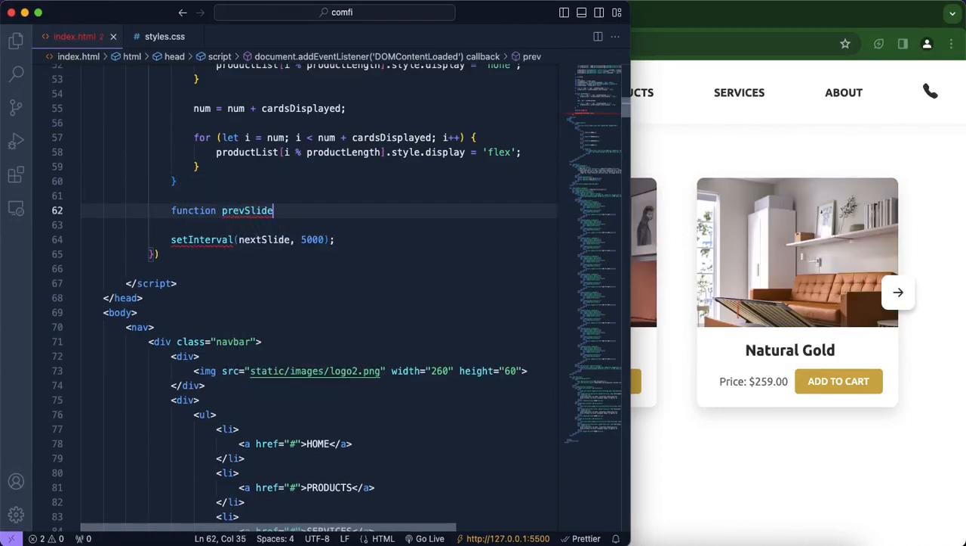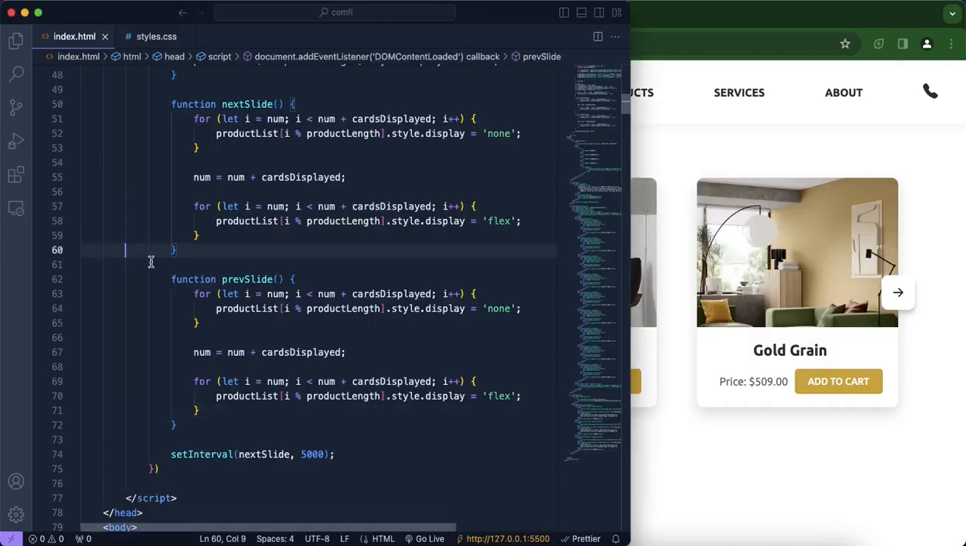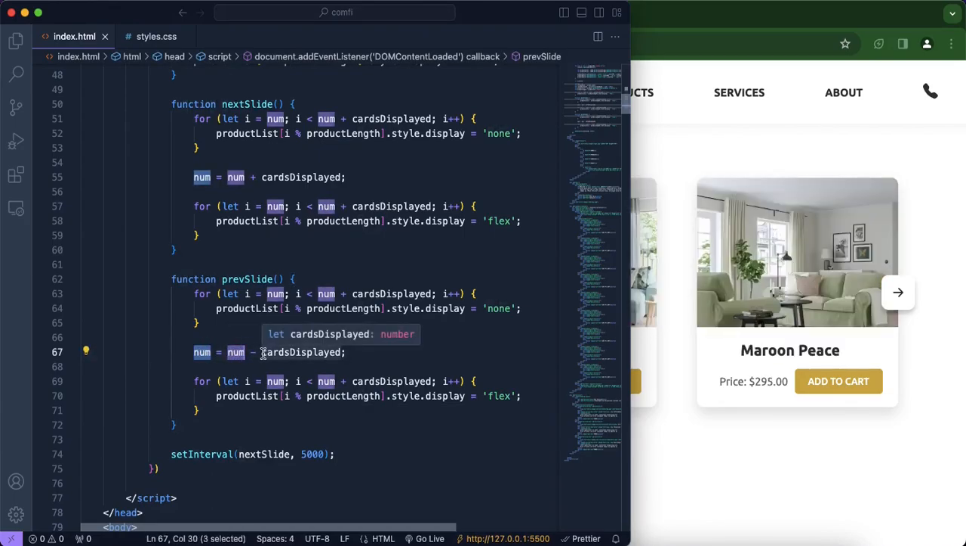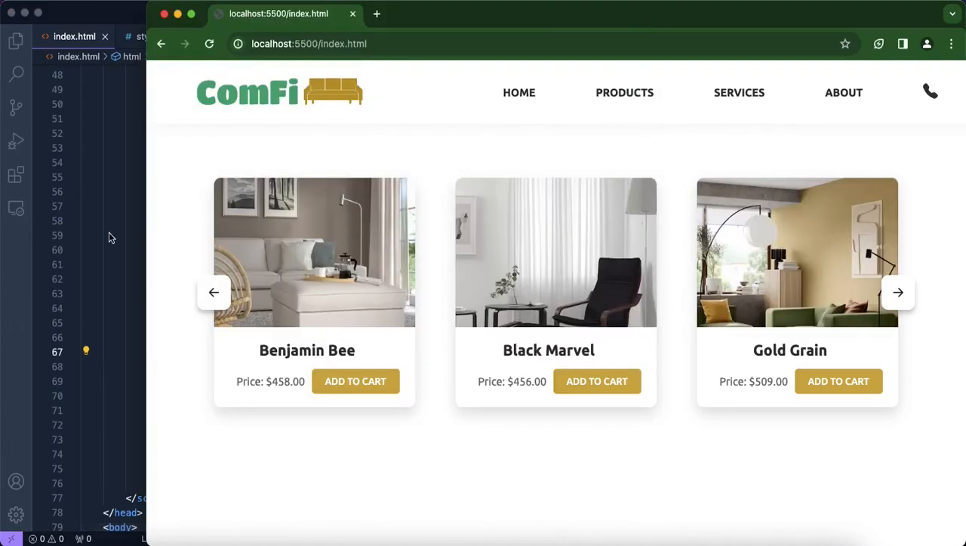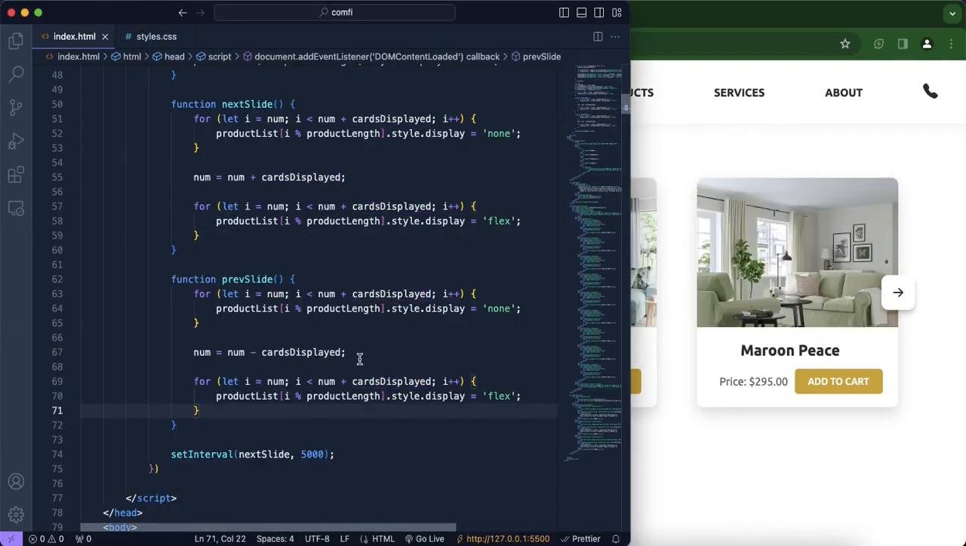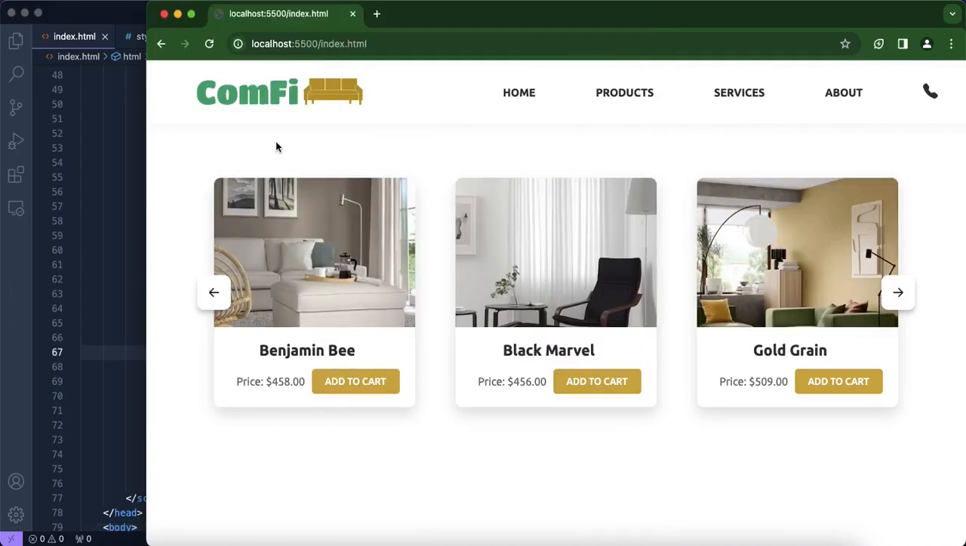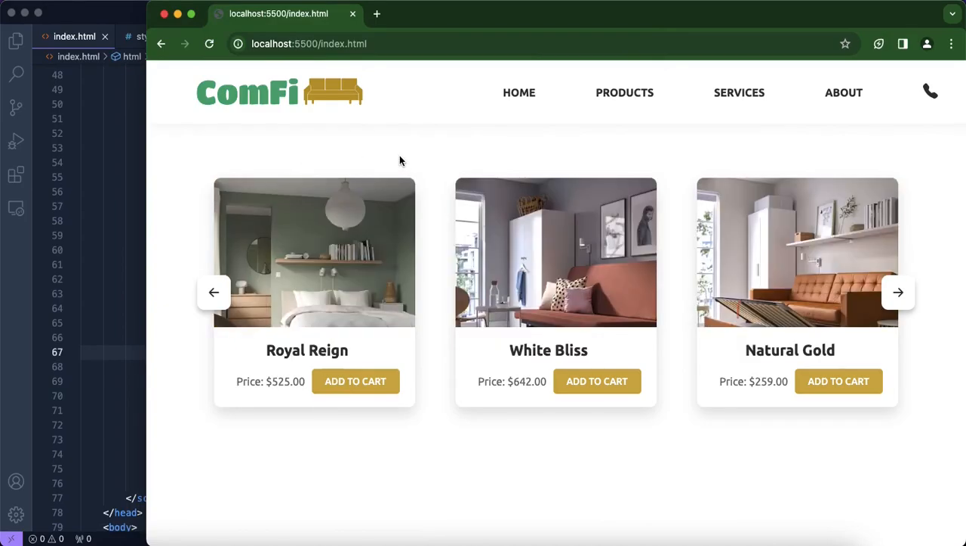So we're going to add the exact same logic. So we'd want to subtract that, so minus. For example, if the number is 3, 4, 5, so the first box is 3, we want to reduce that by the number of cards displayed, and in this case that would be 3. So 3 minus 3 would be 0, and we'd want to get the 2 other cards after 0, so 0, 1, 2. Now the problem is when num is 0, 0 minus 3 would be negative 3,